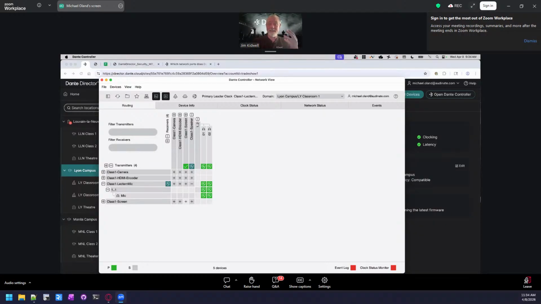One instance that Ed over there told me about recently that I thought was really interesting was that he was driving to something with his family, and along the road somebody called him up saying, hey, everything's not working. So he pulled over, tethered his phone to his laptop, pulled up his version of Director, and they also have another tool that they've integrated into, and immediately saw in Dante Director, oh, this device is offline.